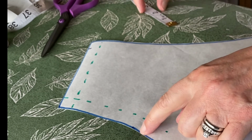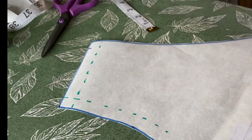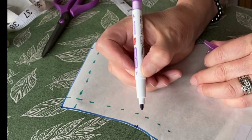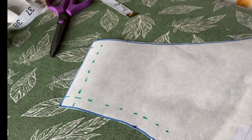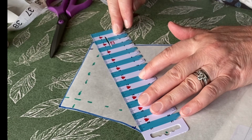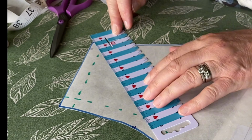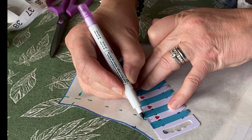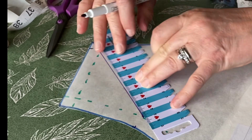I'm going to choose a random position on the arm side where the line is fairly straight. I'm just going to choose a little line there, and I'm going to be marking across to the seam allowance, going from the very corner of the paper pattern to the seam allowance, and I'm going to be cutting a slash across there,